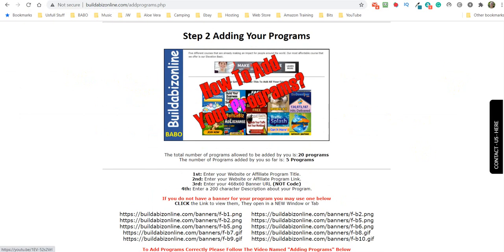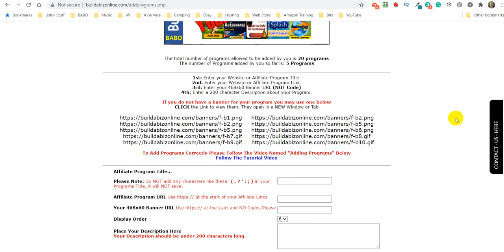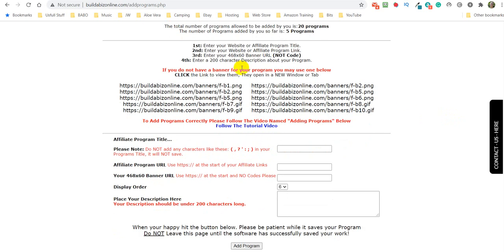There is a video on how to add them properly, but I'm also going to teach you how to do that right now. There are basically 4 baby steps that must be adhered to, especially the instructions in red. So 1, 2, 3, 4. Here we go, 4 little boxes. Now then, please note,